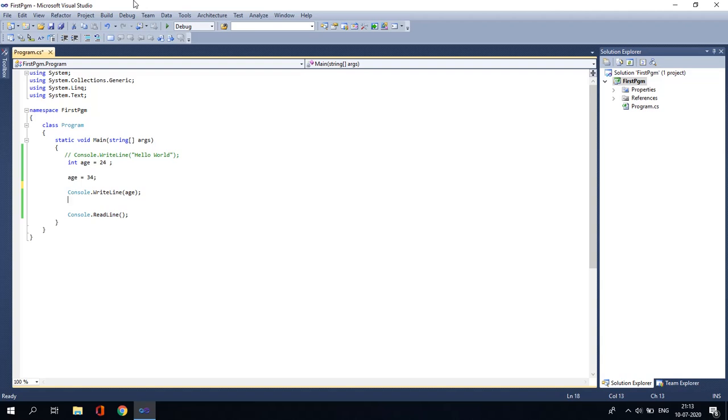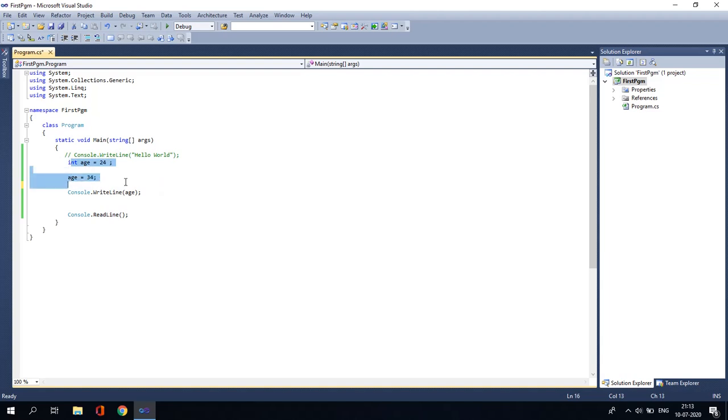Implicitly typed variables, moving on to it now. Alternatively in C# we can declare a variable without knowing its type. If you don't know the type of the variable, or you are unaware of the type, you can simply use the var keyword. So let's see what happens.